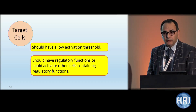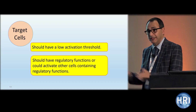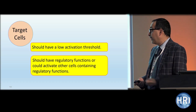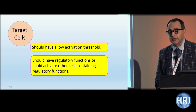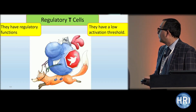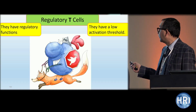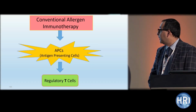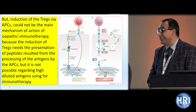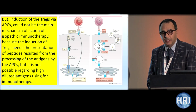So, target cells of isopathic immunotherapy should have two characteristics. They should have a low activation threshold so that this mild stimulation can activate them, and they should have regulatory functions or be able to activate other cells with regulatory functions to treat and control allergic asthma. Regulatory T cells are a very good candidate. They have regulatory functions and low activation thresholds, and they are the main mechanism by which conventional allergen immunotherapy can control allergic asthma. But they cannot play a key role in the mechanism of action of isopathic allergen immunotherapy,